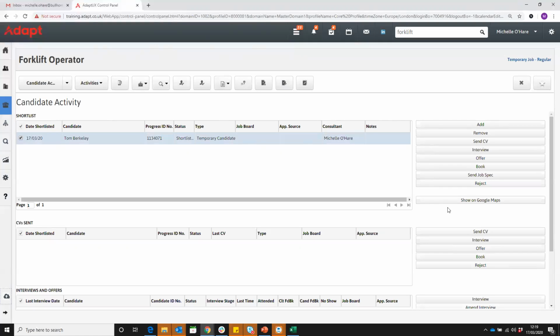So the first one, pre-hire, means you can shortlist Tom or a candidate to that job, as you can see, absolutely fine. But you cannot do any other action in here until you have gone and completed all of the items next to that candidate and tick them off that job has got on there. So it will look at the job's compliance, it will look at the candidates in the shortlist, it will look at their compliance, see if it matches the job, and if it doesn't, it will not let you do anything else. So if I show you, if we do send CV,